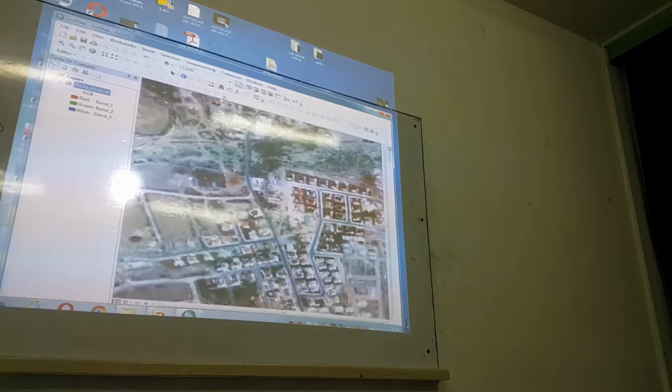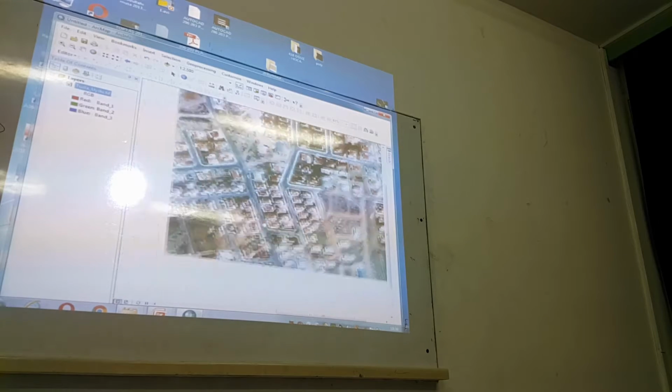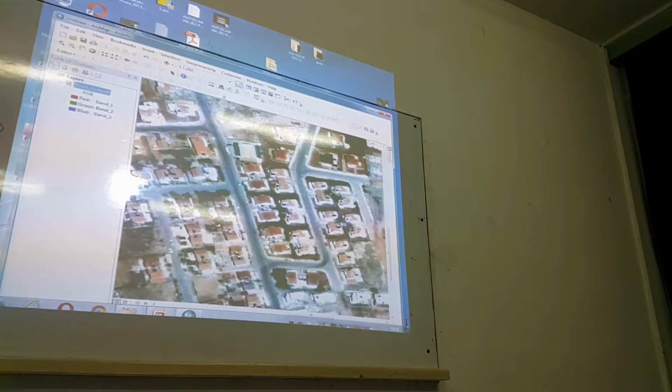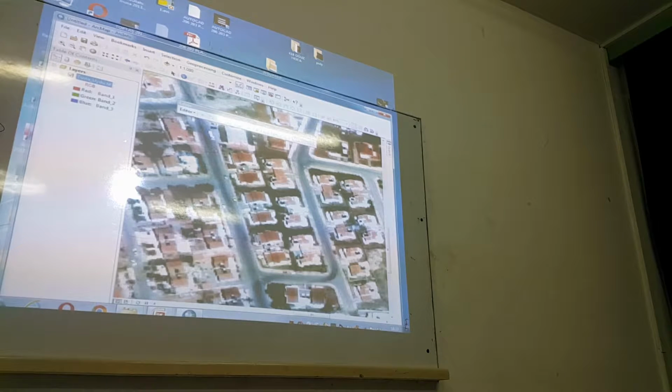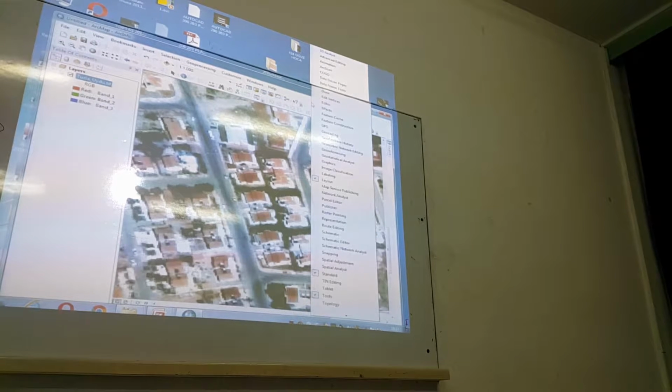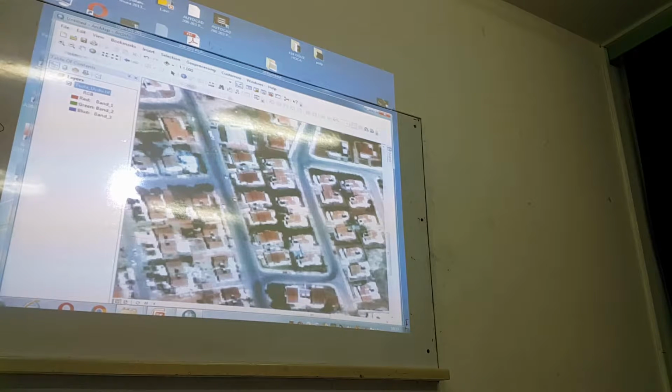So I had the satellite image, and I will try to grab these buildings for the data development for now. You need to be sure the editor panel or editor tab is open. You need to right click and select the editor and add the editor. Before we start editing, we need to develop one layer. So I'm going to catalog